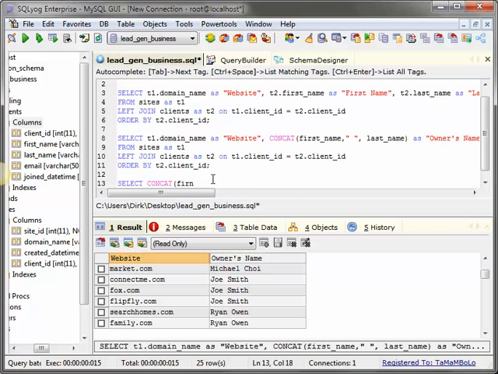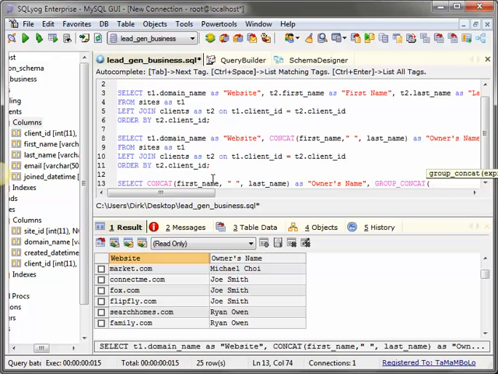So select concat first_name, comma, and then the space, comma, last_name, and then as owner's name, comma, and then here we'll type group_concat.